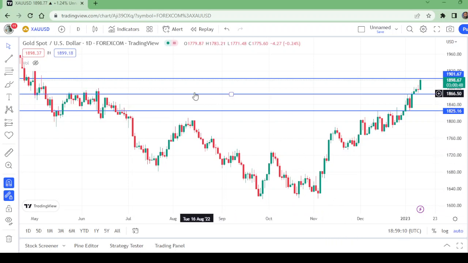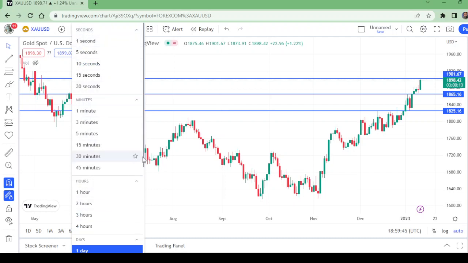This is the chart of gold on daily time frame. Gold has now gone up for a new high. This is the new high of the gold. And what was the low? The low of the gold was 1825. From 1825, the gold has gone for a new high at 1901. Let us move to the 4-hour time frame to watch the